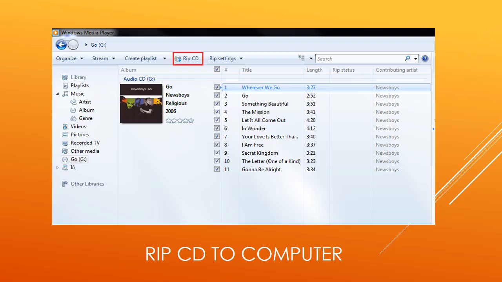Here, as you can see, a list of songs present in a CD are shown. Now I want to copy all these songs from the CD to my computer system. See, in front of all the songs there is a checkbox. If I want to select all the songs, I will click with my mouse in that checkbox, then you will see a tick mark is done. As you can see here, in all the 11 songs, a tick mark is done,